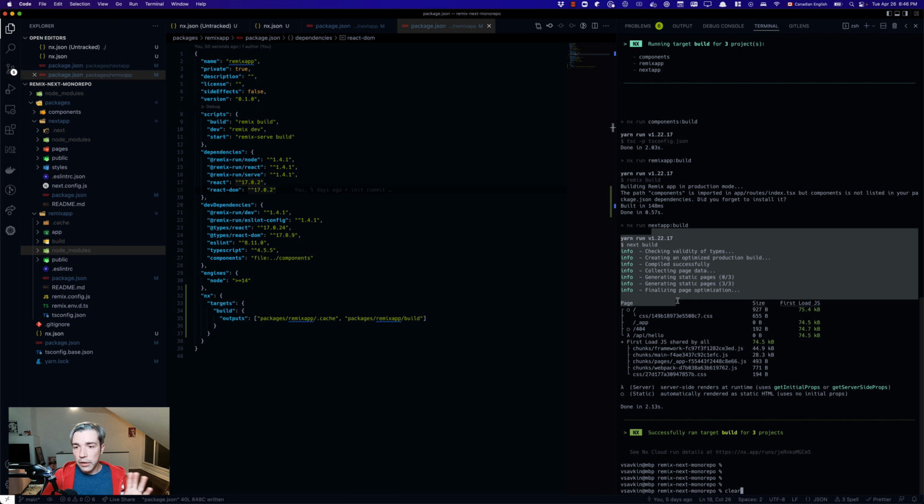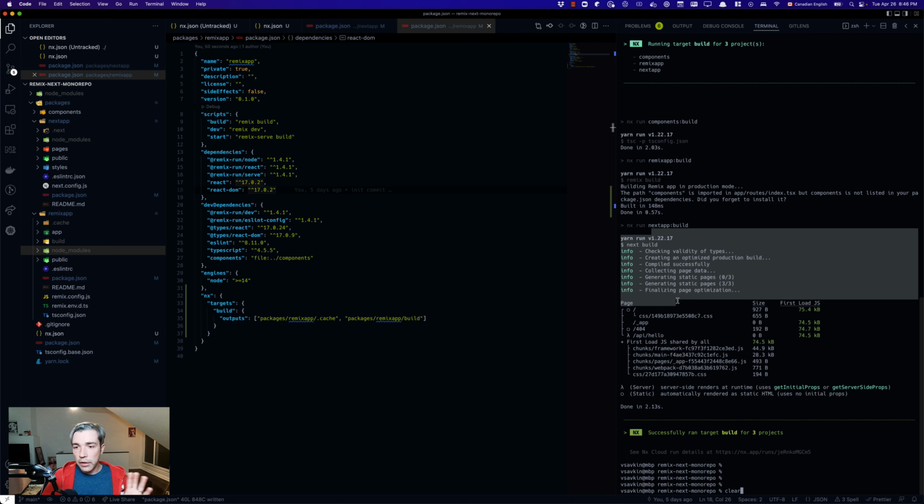It basically does a diff of your outputs and only modifies the things that have changed, which allows it to be much faster, but also integrates nicer in workflows where you actually want to watch the outputs, right? Which is not uncommon, right? And now what I can do, let's go into this Remix app folder,